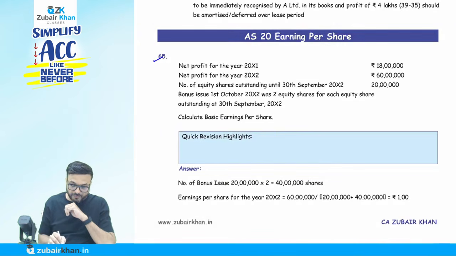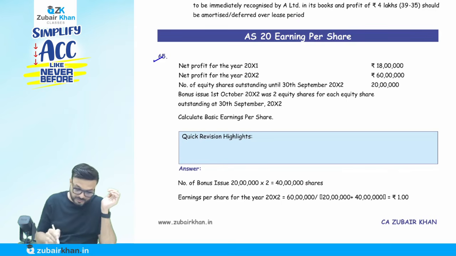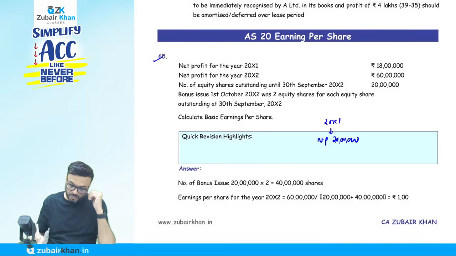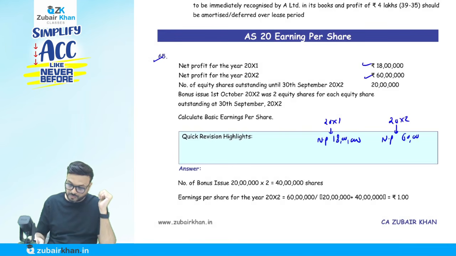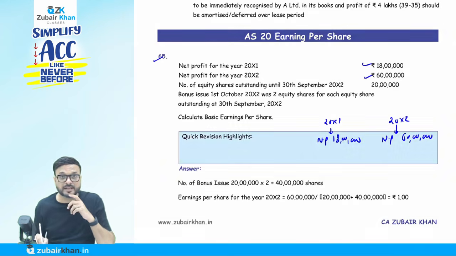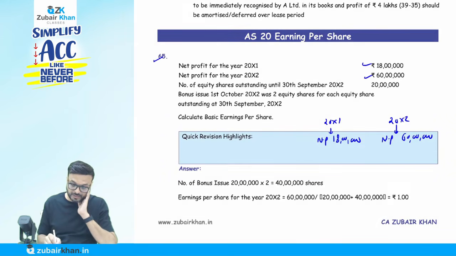It says the net profit for the year 20x1 is 18 lakh. So last year's profit, 20x1, we have a net profit of 18 lakh. Now we have net profit for 20x2, that is coming to 60 lakh. Then it says that the number of equity shares outstanding until 30th of September 20x2 was 20 lakh shares. The bonus issue on 1st of October 20x2 is 2 equity shares for each